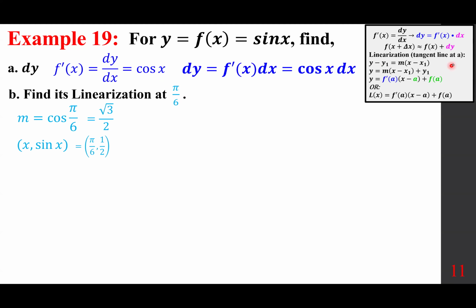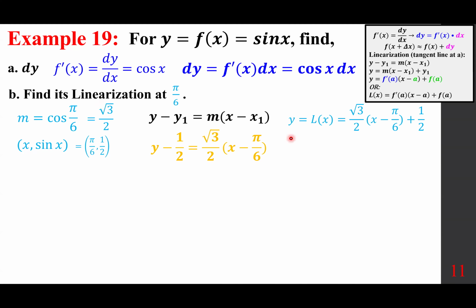Again, I'm going to go with the point-slope form. y minus y1, which is 1/2, equals m, square root of 3 over 2, times x minus x1, x minus pi over 6. So multiply these two, minus 1/2 moves over, becomes plus 1/2. So y, or L of x, is, if we distribute square root of 3 over 2 times x, and multiply these two, you get minus square root of 3 pi over 12 plus 1/2,